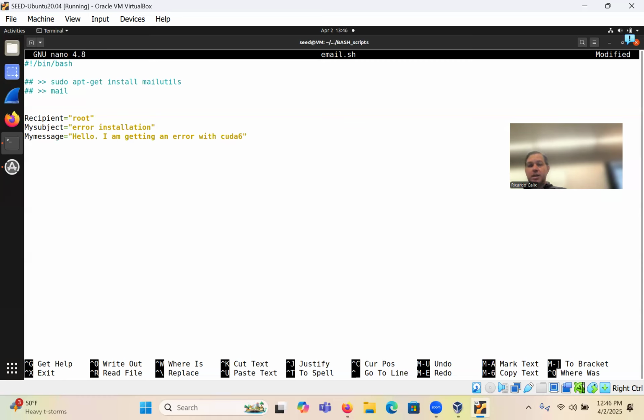And then we're going to send it. So we're going to use the little character on the upper left-hand corner next to the one, it's like a single quote, but inverted. So use those two. And we're going to say mail dash s. And then you're going to add my subject. Remember the dollar sign to reference the variable. My subject.